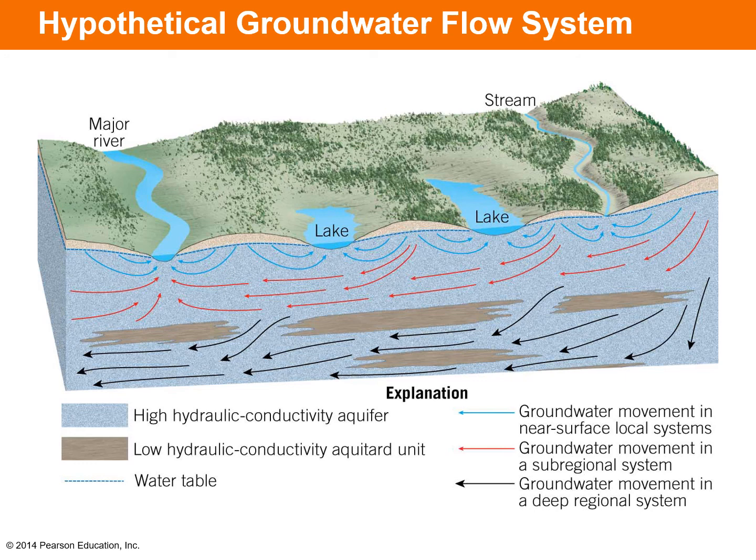So here we're looking at a hypothetical groundwater flow system. You've got a major river, and you can see that right next to that major river you have maybe some foothills. Well, water from precipitation and snowmelt is infiltrating into those foothills and then entering into the stream, as the stream is a gaining stream in this reach. But then if you go further away from the stream, you can see rather than groundwater movement in a near surface local system,